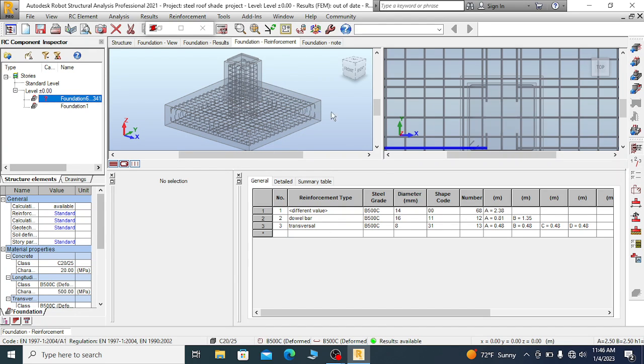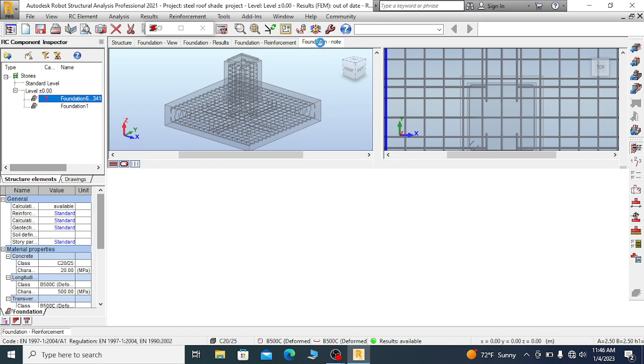Now let us see the foundation node, or the design reports based on the provided footing size and reinforcement in both x and y direction. This is the foundation node. In the foundation nodes we can see the amount of movement in x and in y directions, and also the settlement